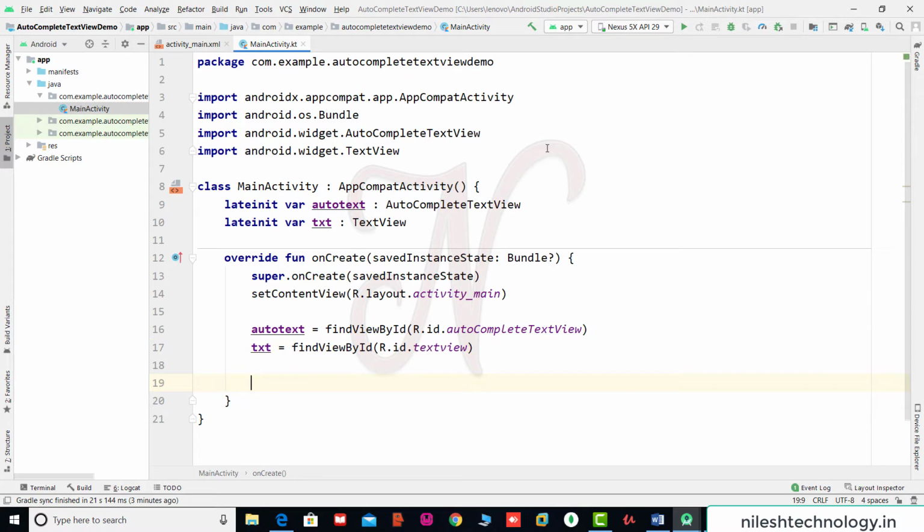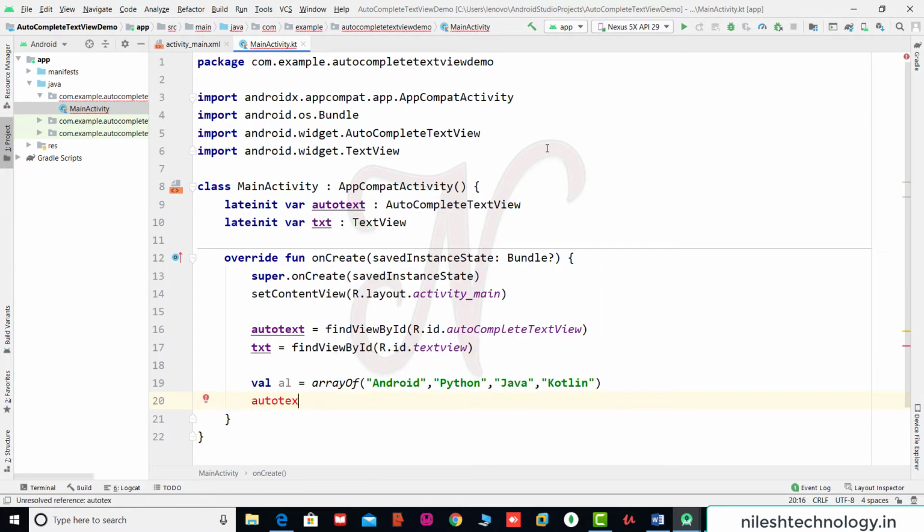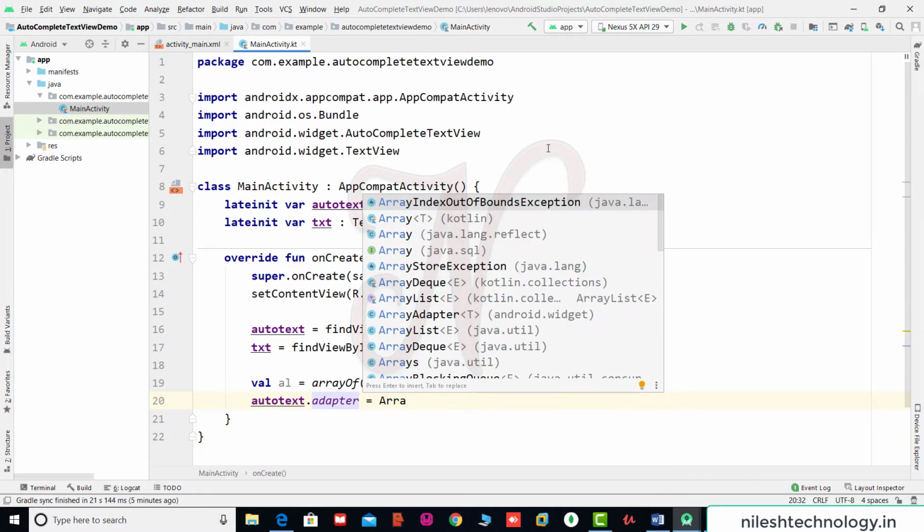Here we create one array: val al equals arrayOf, and pass some strings. We use some programming language names, for example Android, Python, Java, Kotlin. Then create the object of an adapter. autoText.adapter equals ArrayAdapter.